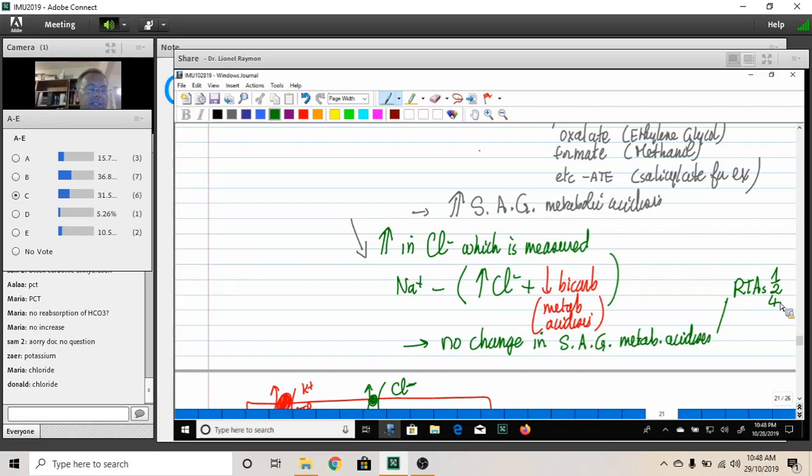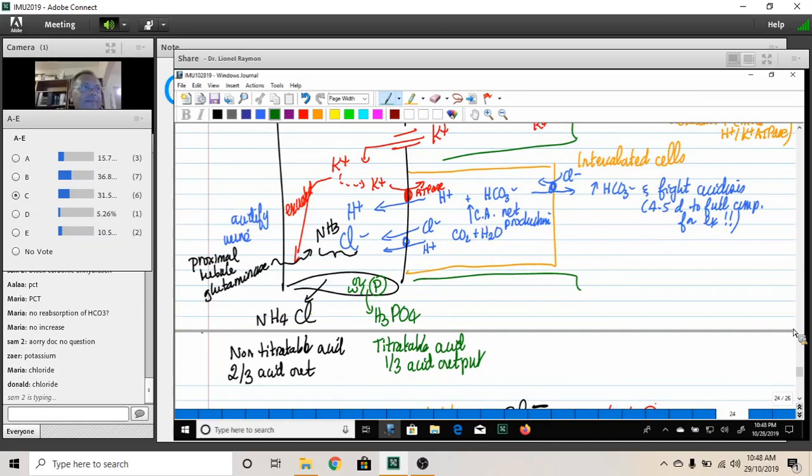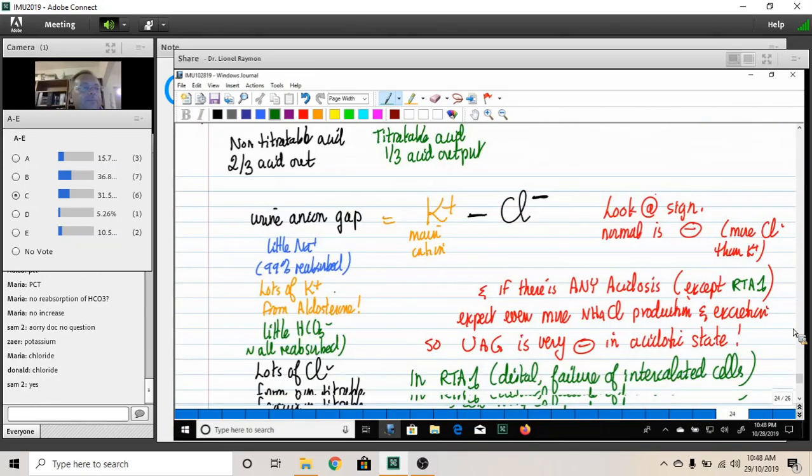Shall we do one different type of question? We try another one? All right. So let me make a different question. Since we were just looking at the proximal tubule,